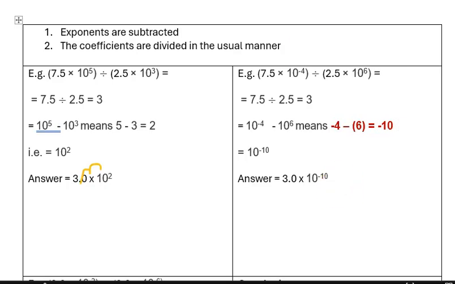So let me show you. So 2.5 times 10 to the 6 means you're moving it 1, 2, 3, 4, 5, 6. That means you have how many zeros? 1, 2, 3, 4, 5 zeros. Okay? So that would mean that 2.5 times 10 to the 6